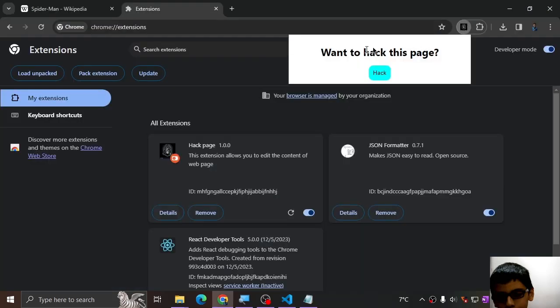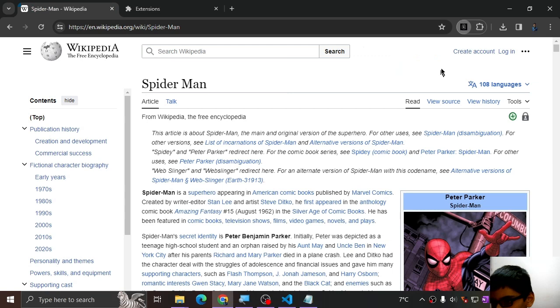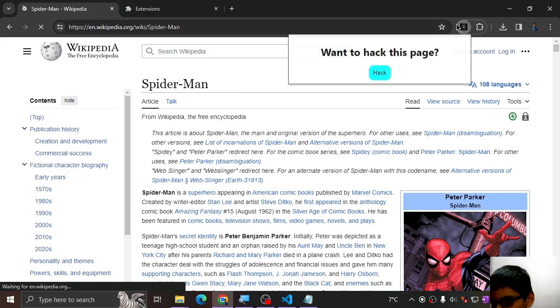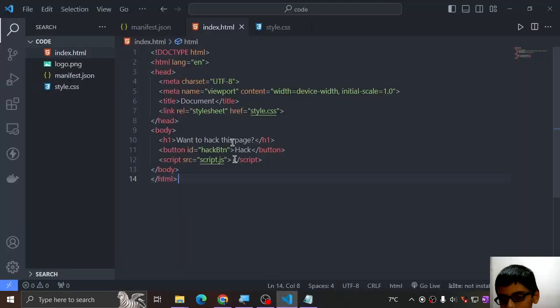The design that we have done in our real app. So if I click on hack, nothing will happen. And if I go here as well, nothing will happen also because it is already hacked. So I will not go here. I will click on hack, nothing will happen. So I will go to my script file that I have not created right now, scripts.js,